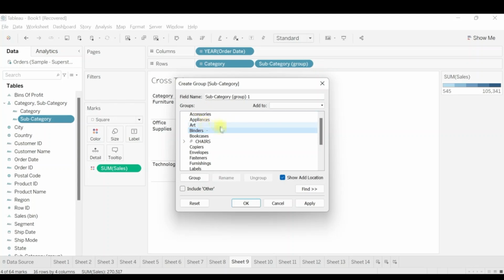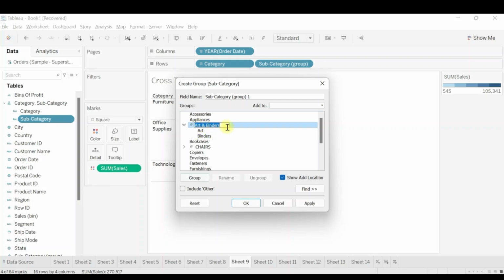Suppose now here I want to create a group of art and binders. I'll select art, press shift and then select binders. Both of them are selected. Now what we can do is we can click on group. So once we do it, automatically it gives it a name, art and binders.